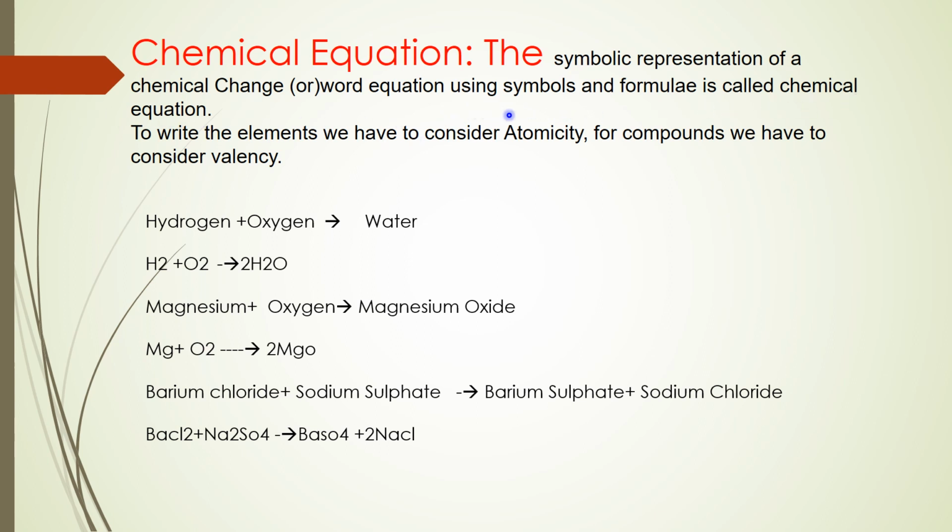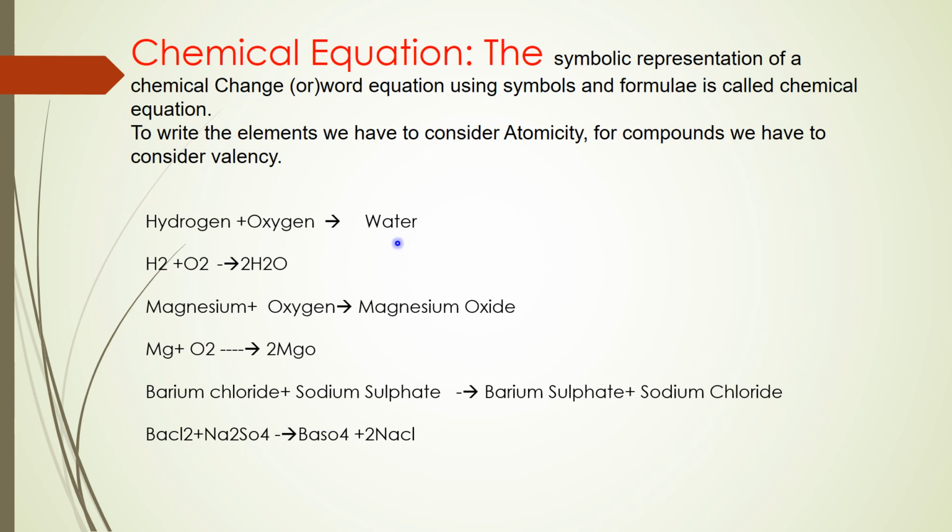So we are using the symbols and formulae. We use the symbols for elements and formulae for the compounds. To write the elements, one should remember to consider atomicity. Next, to write the compounds formed or taking part in the chemical reaction, we have to consider the valency. Here I will explain. See this one. Hydrogen and oxygen react together to give water. Hydrogen and oxygen are the reactants,